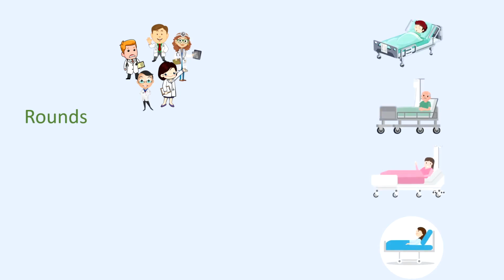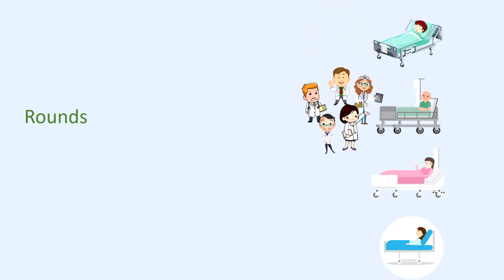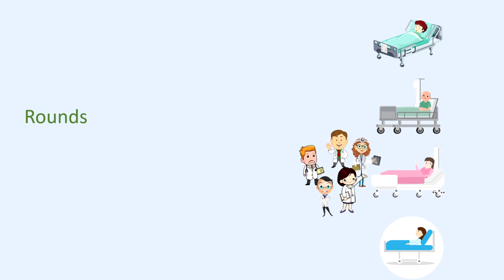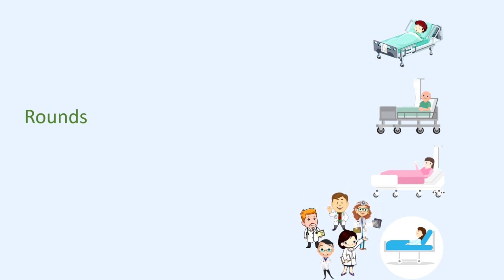The next step is rounding, and this step takes a generally significant part of the morning, usually 2 to 3 hours on average. This is when your whole team gets together, including the attending, and you walk around the hospital visiting each patient's room and presenting the patient to your attending. Now, this is the most important step in getting a good evaluation from your attending, because the way you present and the plan you suggest is the way that they will mainly base their evaluation of you and your medical knowledge. Other than this rounding time, you usually get pretty limited time with the attending, so it really is very important that you nail your presentations during rounds.